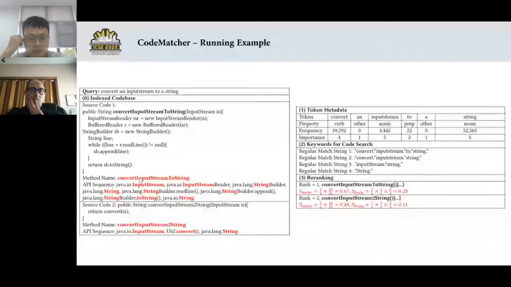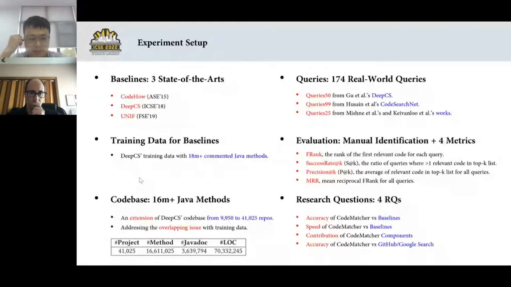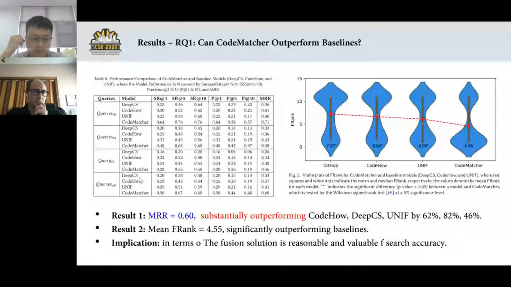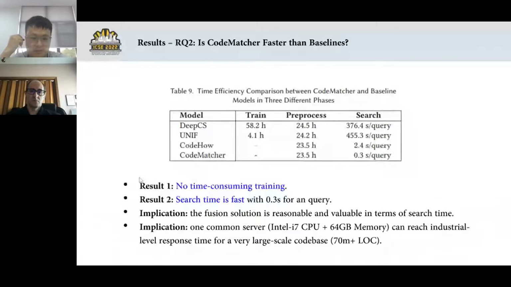We compared our Code Matcher with 3 state-of-the-art approaches and tested on our code base of over 60 million Java methods. In our experiment, Code Matcher outperforms 2 deep learning models and 1 information retrieval based model. And Code Matcher runs fast, with only 0.3 seconds per query and without any time-consuming training.